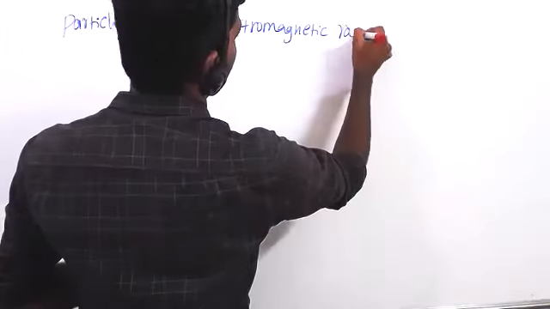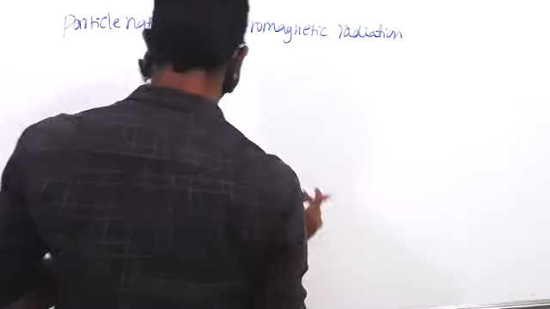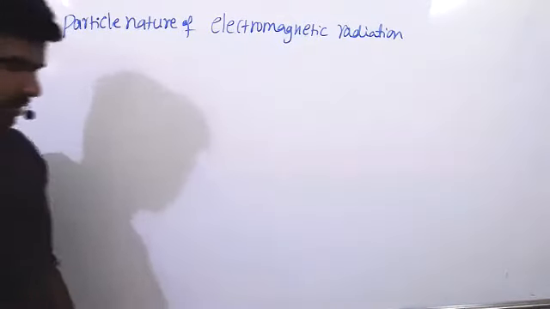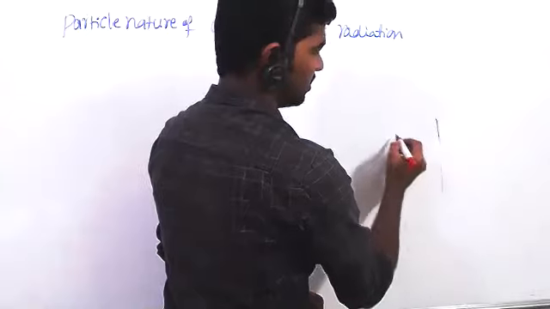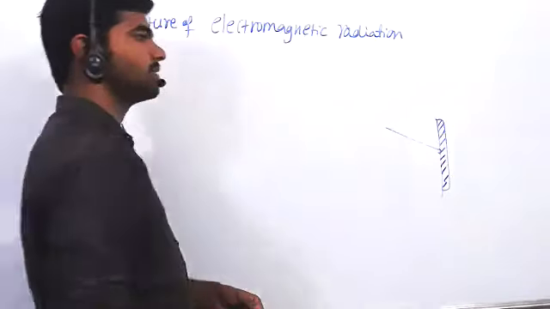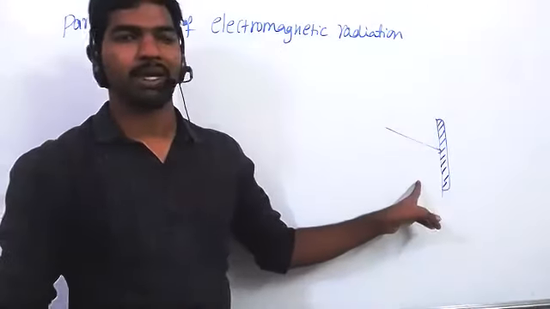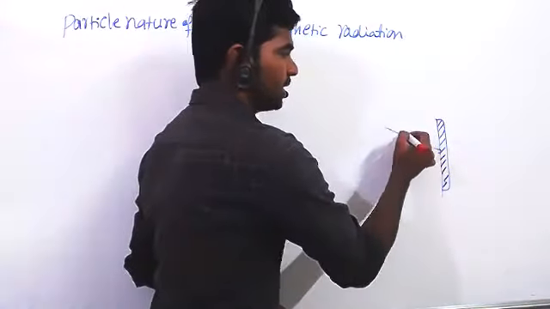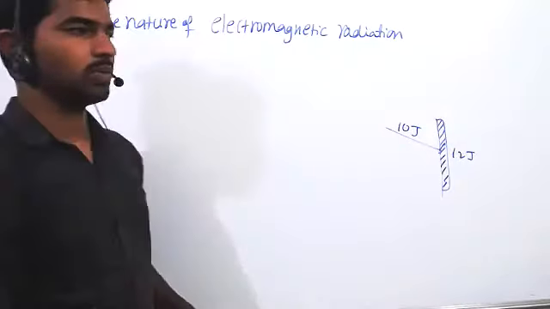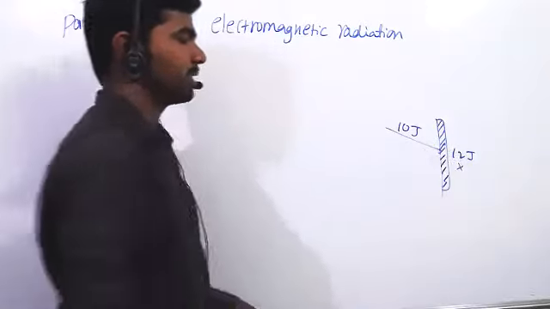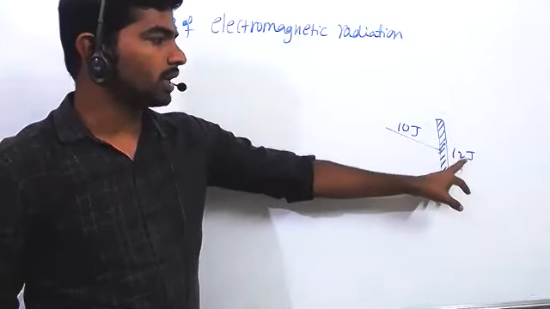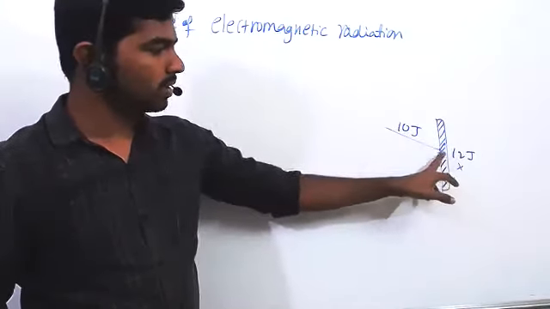Sir, could you once explain why the energy or frequency of radiation must be higher than the work function? To remove an electron from the metal plate, we have to give some energy. Otherwise it is not possible to remove the electron from the metal. Suppose you are giving 10 joules, but removing the electron requires 12 joules. Is it possible to remove electrons now? Not possible. The metal absorbs everything you give, only 10 joules, but it requires 12 joules. If you give 12 joules, then only the metal loses an electron.